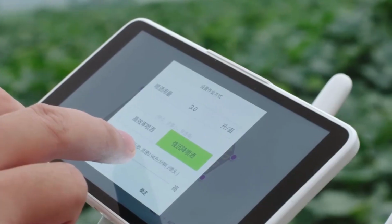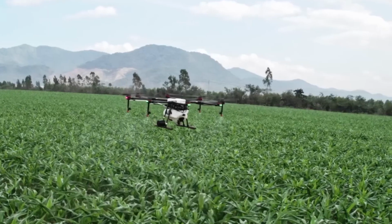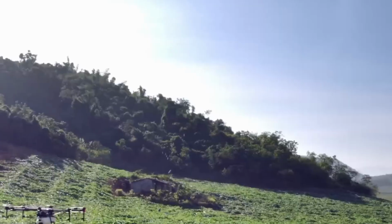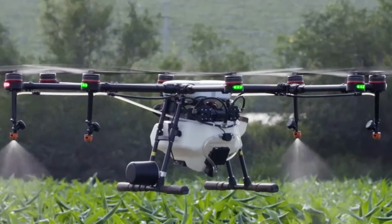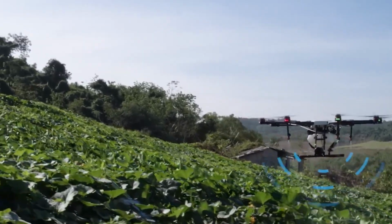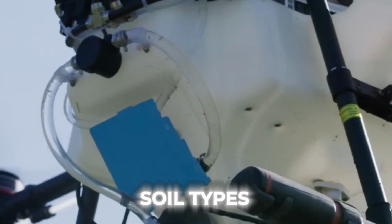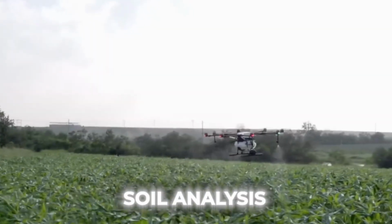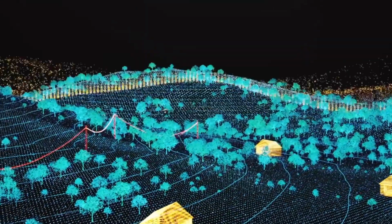Agriculture, cultivating efficiency and sustainability. In the field of agriculture, GIS contributes to precision farming, which involves maximizing the use of resources by examining production statistics, crop health, and soil conditions throughout a field. Crop monitoring: keeping tabs on crops' development and pinpointing places that require more care. Mapping nutrient levels and soil types to guide fertilizer application and maximize crop yield is known as soil analysis. Land suitability: assessing a piece of land's appropriateness for a certain crop by taking into account variables like water availability, soil quality,